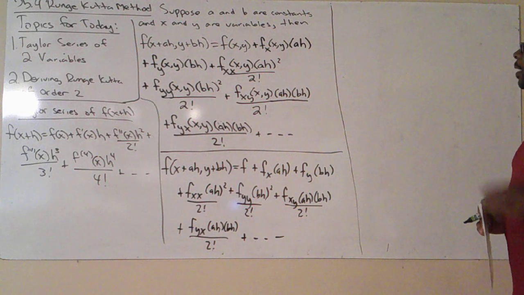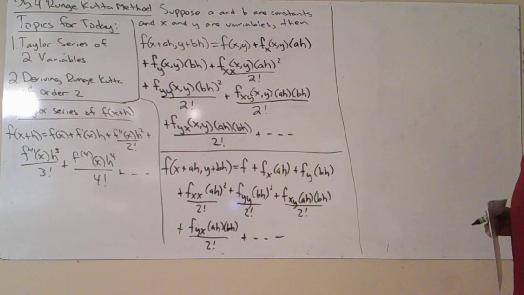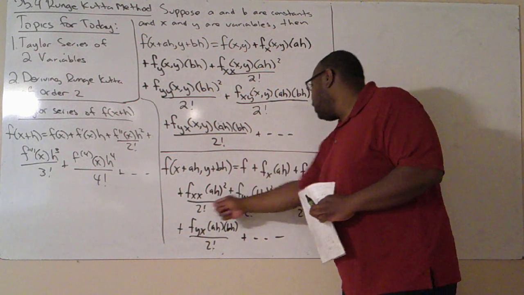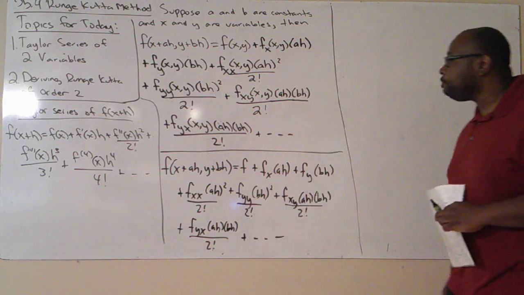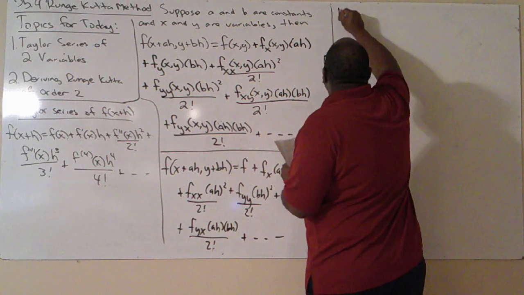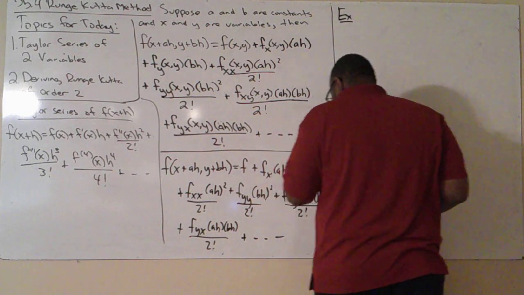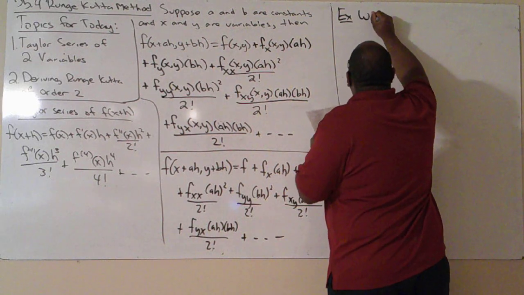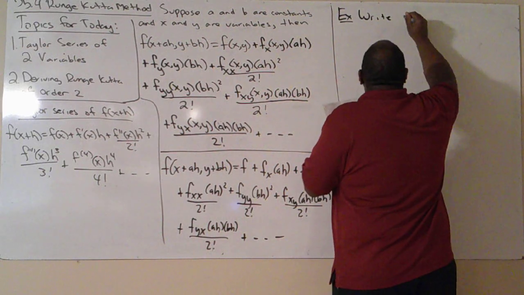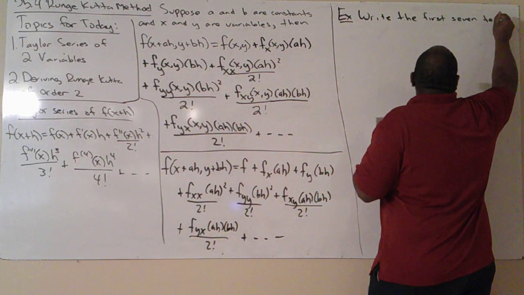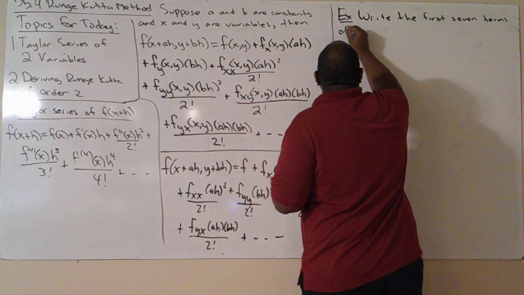Let's do an example. It's enough just to write all this stuff down, but let's look at an example. Notice, how many terms do I have here? I have 1, 2, 3, 4, 5, 6, 7 terms here. So let's look at an example, and let's just write down the first 7 terms of the Taylor series. So I'm going to write the first 7 terms of the Taylor series